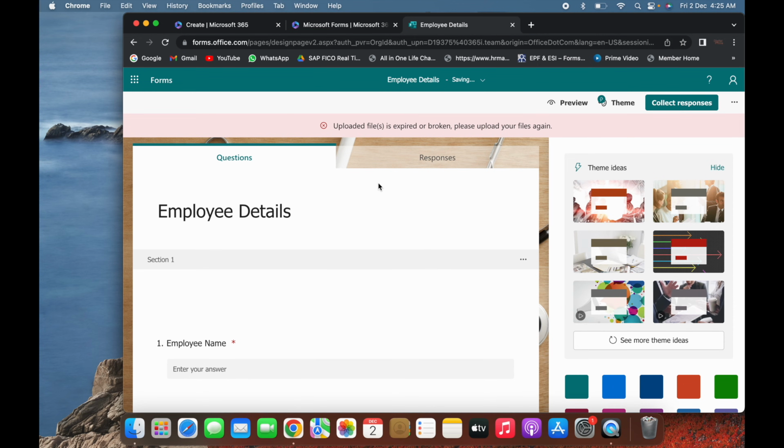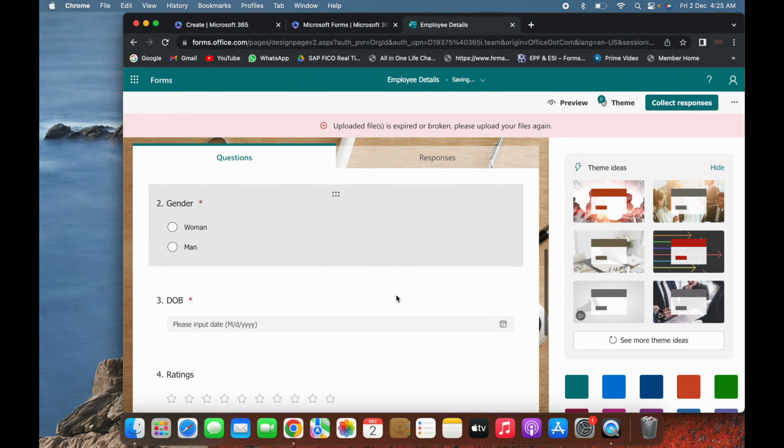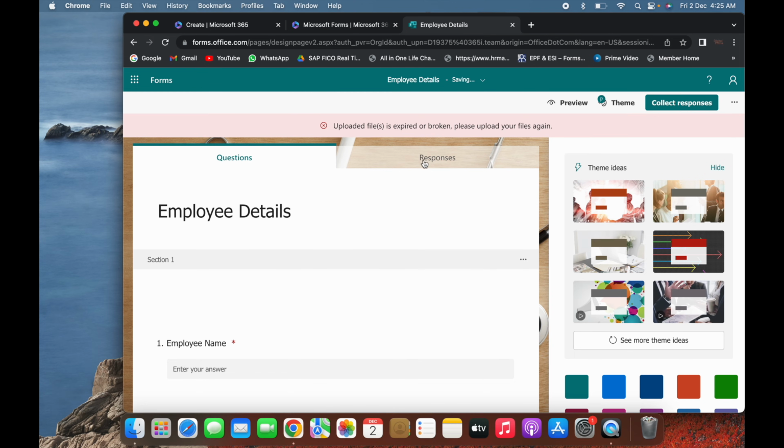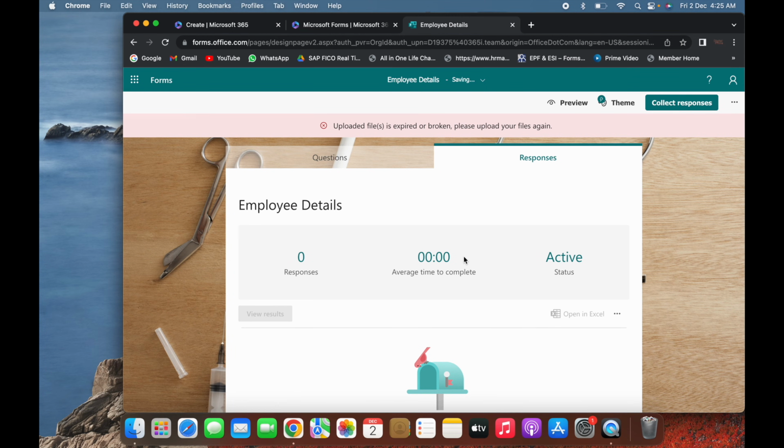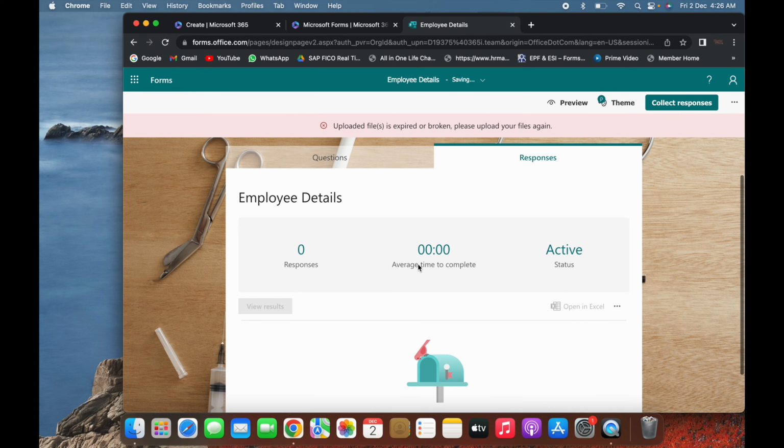So how to understand how many responses you have received through this application. So here is the option responses. Click on it, and there you go. You will find all the options available here. How many people have responded, how many people have filled the form, and who has filled the form. To know the in-depth details, there is an open Excel option. So if an employee is filling in the details and submitting the form, you can download the Excel and you can see all the reports in the Excel sheet. Okay, so this is how you can track the records accordingly.